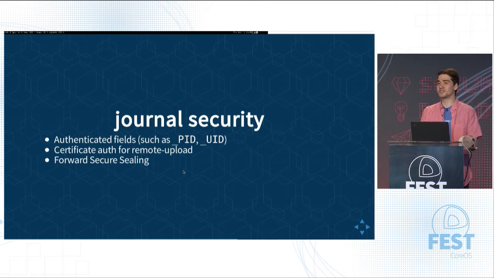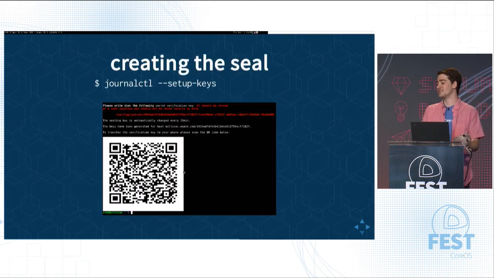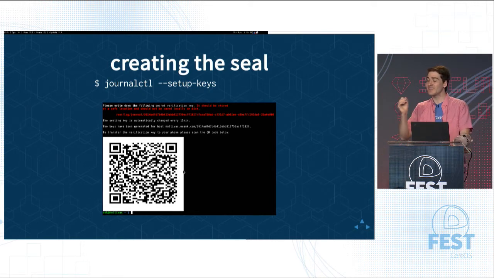You get something called forward secure sealing. I mentioned forward secure sealing mostly because it has one wonderful feature. It has the ability to make systemd print out a QR code. When you set up keys, which is the way you turn on forward secure sealing, you get this beautiful looking QR code. It's amazing that they made this wonderful terminal printer for that, but everything else about it, to me,